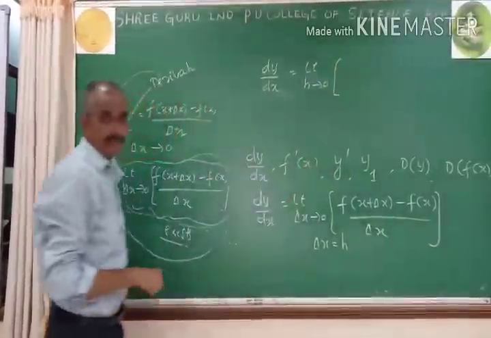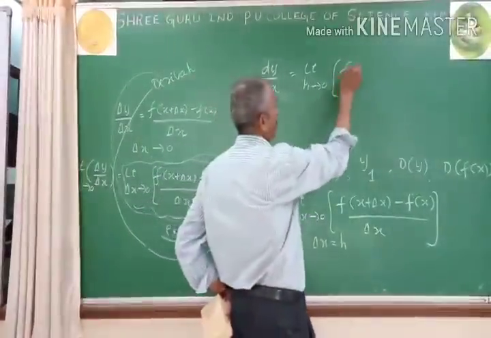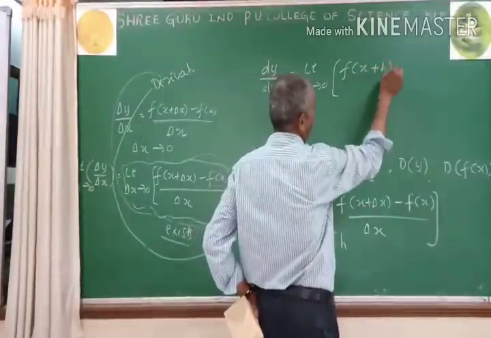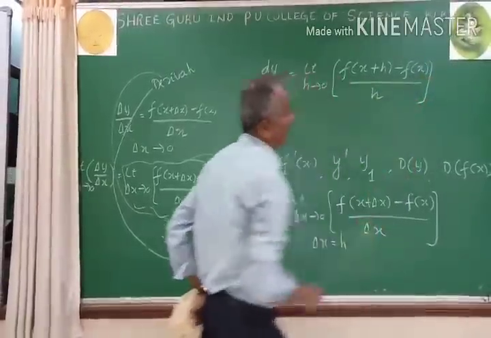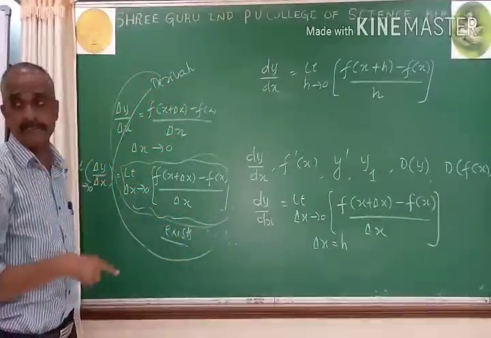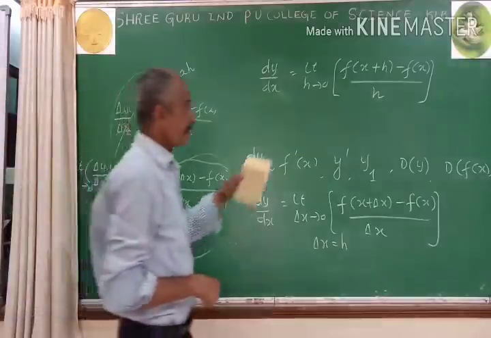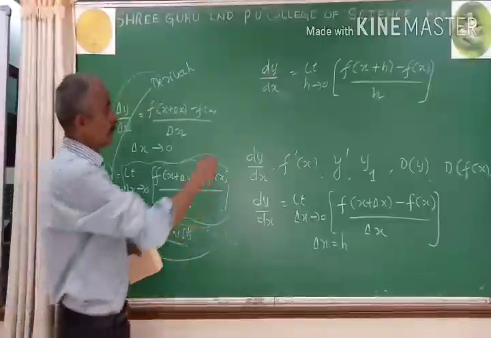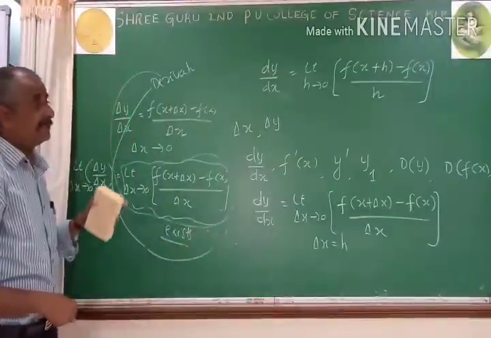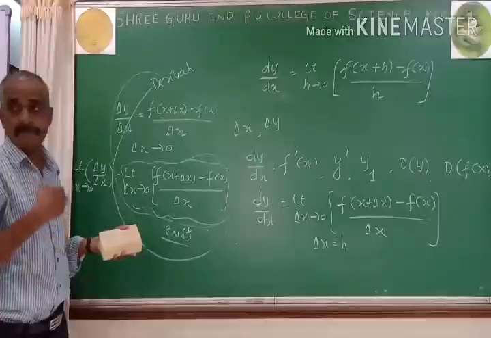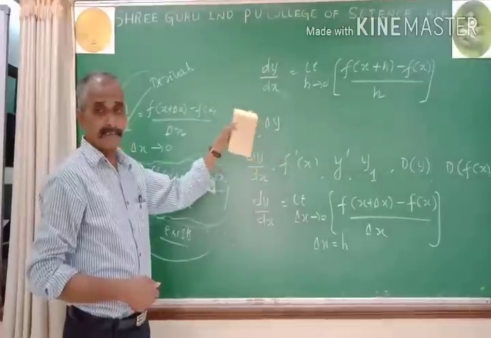Keep in mind, for delta x I am taking h, but the meaning does not change. f of x plus h minus f of x divided by h, and again, as already told, provided that the limit must exist, meaning the value should be a real number. And what we have already noticed is that the two notations delta x and delta y are actually called increments in x and increment in y. Delta x is called the increment in x, delta y is called the increment in y.